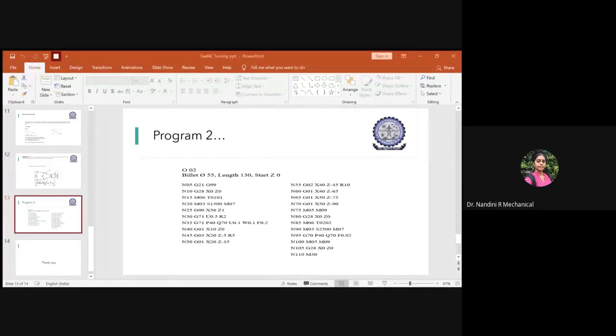Now you have understood how to write the part program for turning operation without circular interpolation and with circular interpolation also. The syntax is the same. The rough finishing and the smooth finishing cycle is the same. Only thing, you should be able to go in a proper coordinate system with proper sign convention, or else you go wrong.